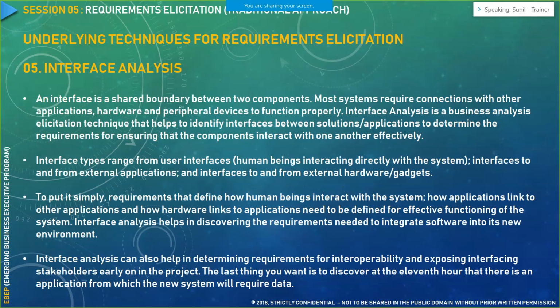Now, the final technique that we use in requirement elicitation is interface analysis. Interface analysis is something wherein your system is interacting with a third-party system. Like I gave you an example of payment gateway integration where we had a Visa, PayPal, or MasterCard system. How your system is interacting with another system, you have to deal with and start documenting the requirements in and around those systems, like via message passing. If message passing, how the sequence of messages happens, what you are sending, what you are receiving, all those kinds of detailing you have to do when you conduct an interface analysis session.